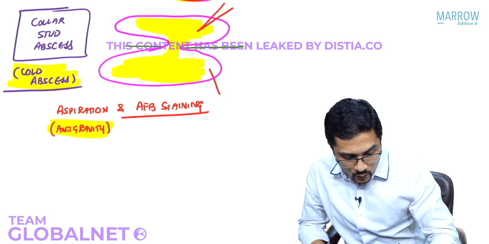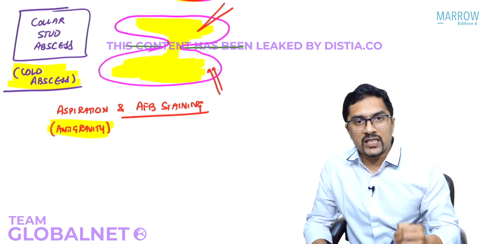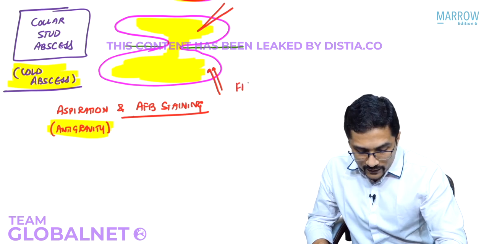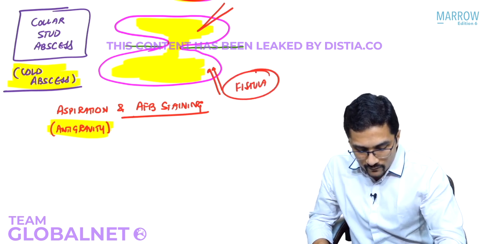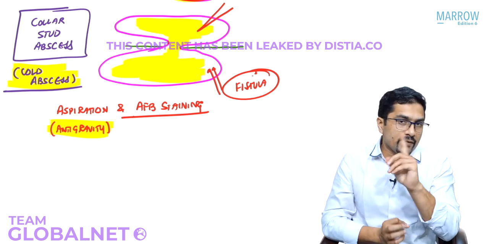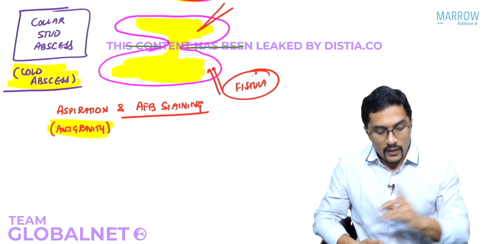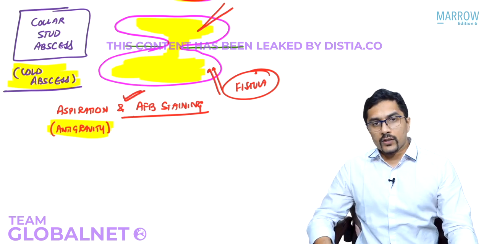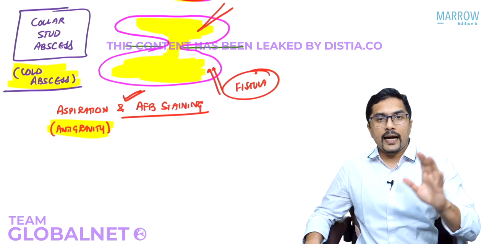Because if I do a dependent aspiration, then this tract will not heal and it will form a fistula. The pus will keep on trickling down, it will not heal and a fistula will form. So anti-gravity aspiration and AFB staining is what is going to clinch your diagnosis, and then you have to start